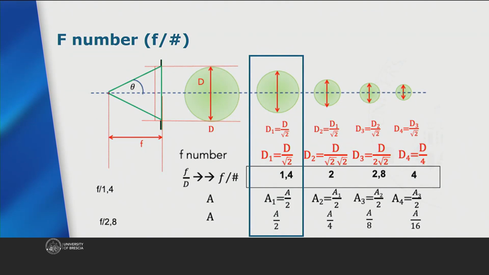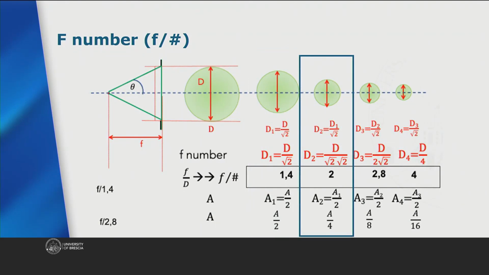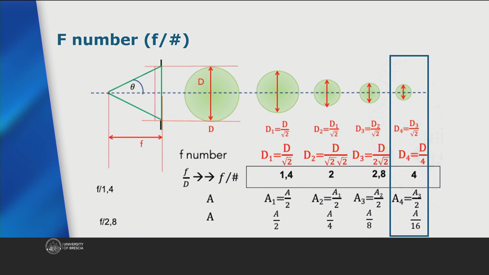If we wanted to halve the area of the circle through which the light passes again, we would have to decrease the diameter once more by a factor equal to the square root of 2. And so the f-number will be equal to the square root of 2 times the square root of 2, which is 2. Halving the area again, the diameter will decrease once more by the square root of 2, and the f-number will become 2.8, and so on. For this reason, the f-number always takes on values like 1, 1.4, 2, 2.8, etc. Each value corresponds to an aperture of the iris such that the area through which light passes is halved compared